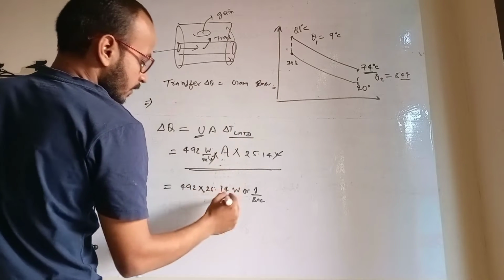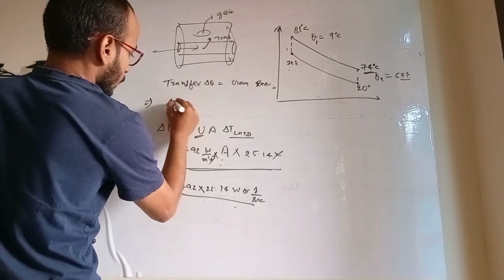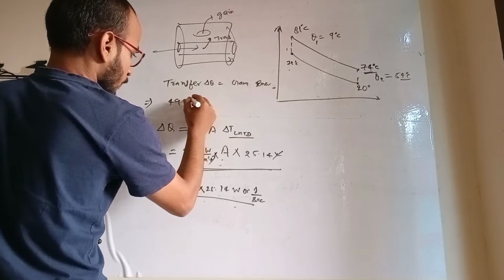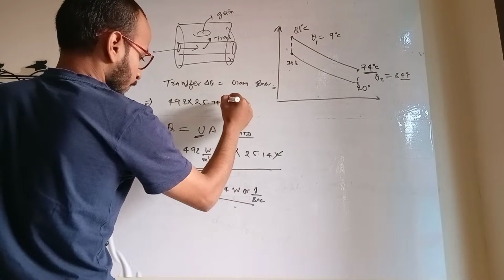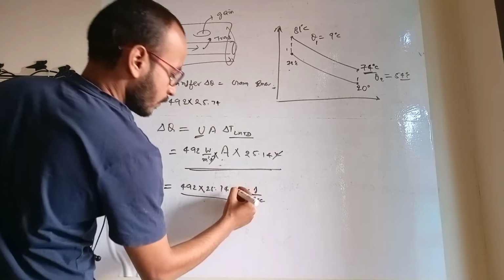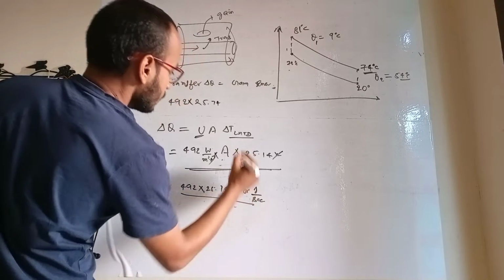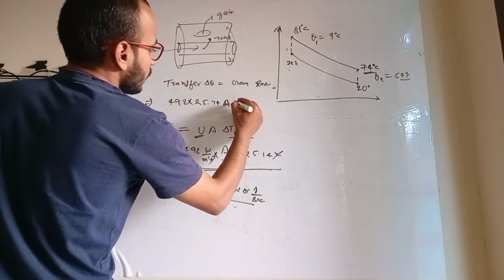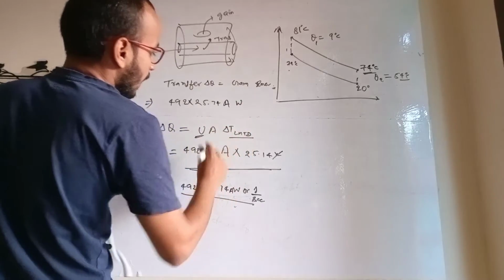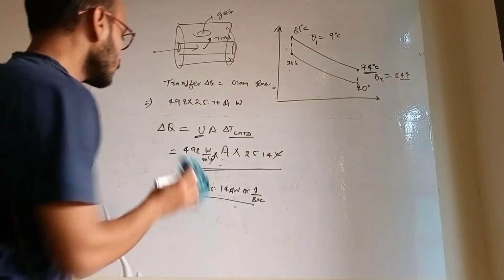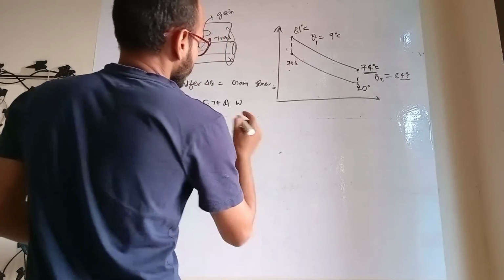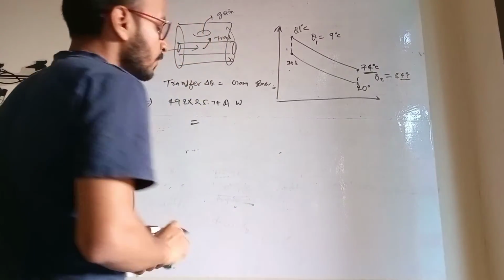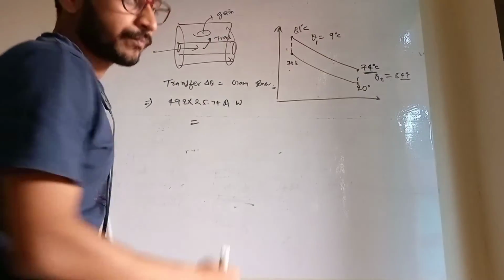How much is the transferred energy? 492 multiplied by 25.14, and A is the area. This much watt energy has been transferred, and how much energy was gained, that energy will be gained by the juice, which will be equal to